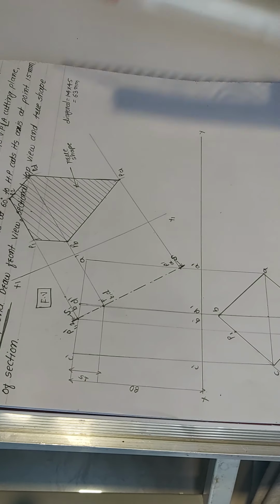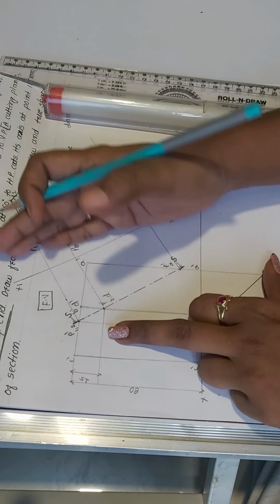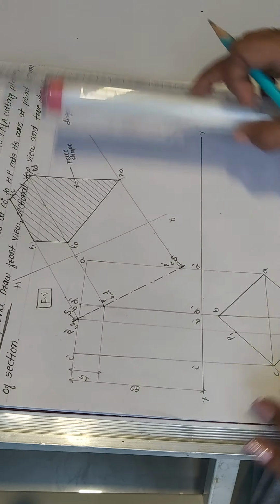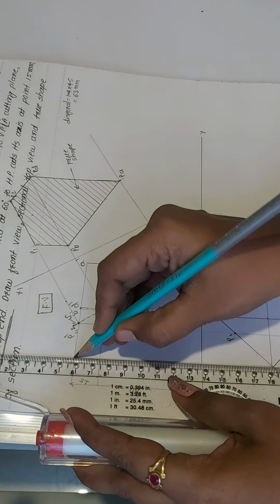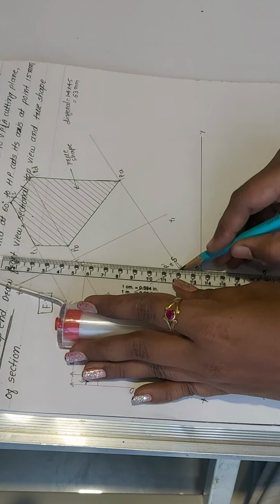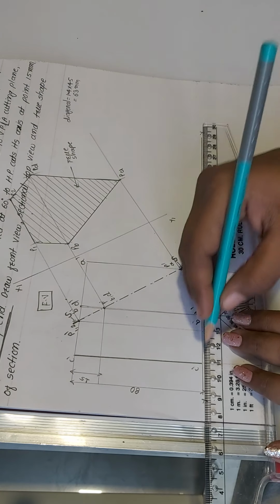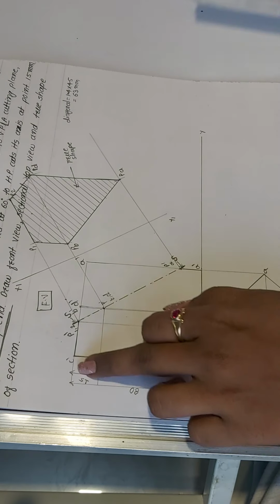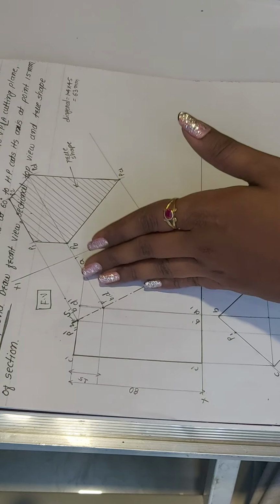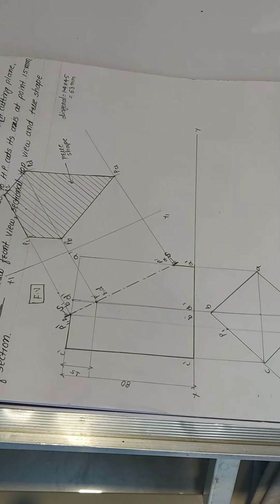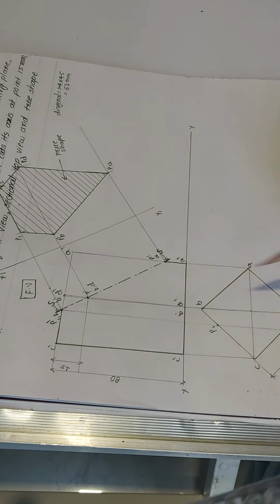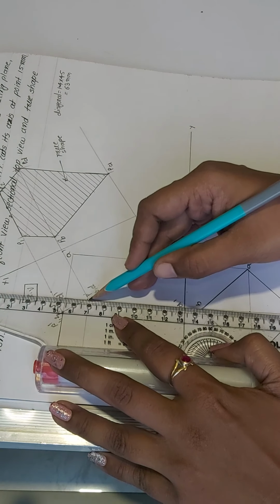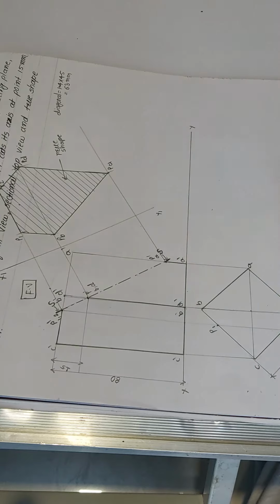In the front view, when we use a cutting plane, the portion above the cutting plane is going to be removed, and the portion below the cutting plane remains, with the help of your surface, whether you put your prism, cylinder, whatever it may be. The remaining portion I am going to make dark, and whatever portion is removed should be faint as usual. Then this is the edge of the square prism, so you should make that line dark also, BD, B dash D dash to P dash BD. So that line also dark.